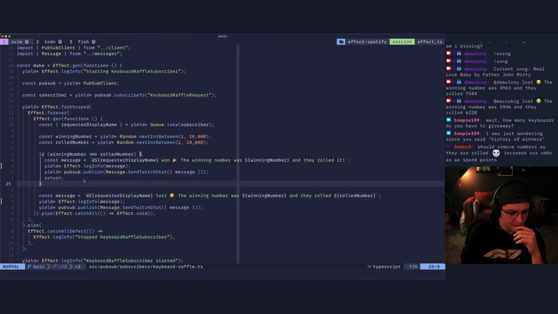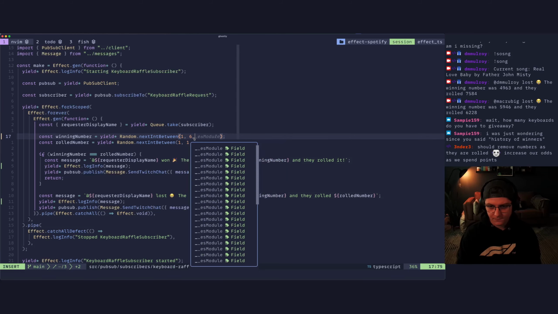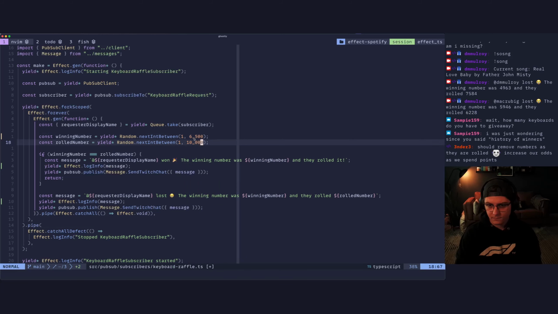Should remove numbers as they are rolled, increase our odds as we spend points. You know what? I do want to decrease the... Let's make these better odds. Let's do 6,500 instead, because I want somebody to win.